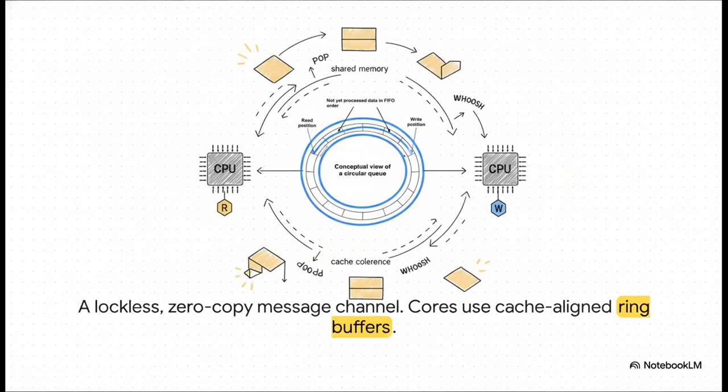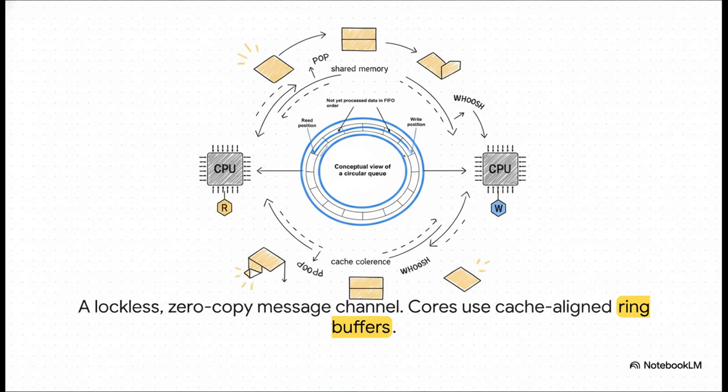So how do they talk to each other? Well, we're not talking slow network packets. It's more like a super high-speed circular conveyor belt that's built right into the chip connecting the cores. One core puts a message on the belt, the other one picks it up instantly. It's lockless, which means no waiting in line. And it's zero copy, so no redundant data shuffling. You're basically using the CPU's own internal highway system to make messaging between cores almost as fast as a local